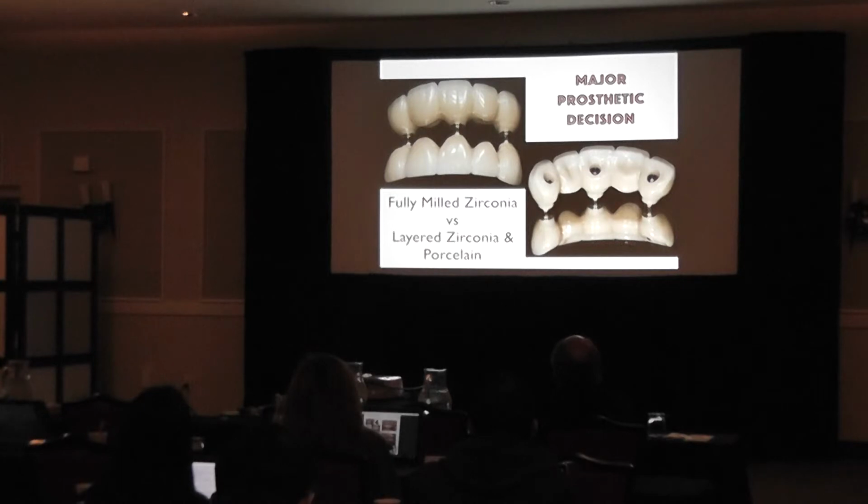So what we decided to do is make all of the contacting surfaces, the lingual surfaces, all milled zirconia. A slight cutback on the facial and slightly over the incisal edge in EMAX porcelain. So we pretty much get the aesthetics of an EMAX look. Maybe a little more opaque,